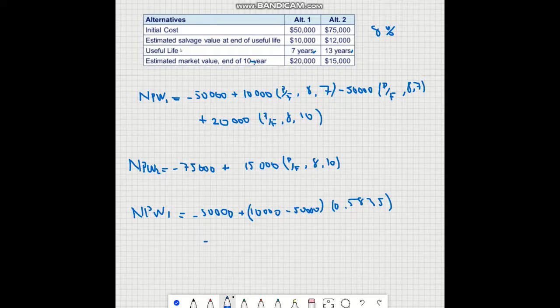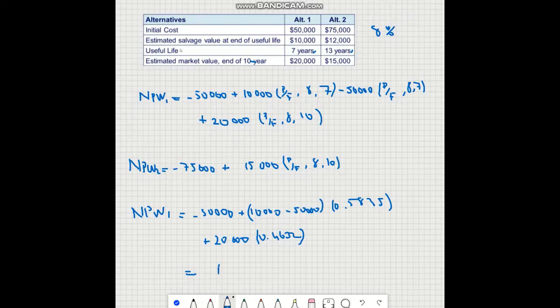Then we need to add 20,000 by P over F 8 and 10. So it corresponds to 0.4632. So if you add all these guys, you will end up